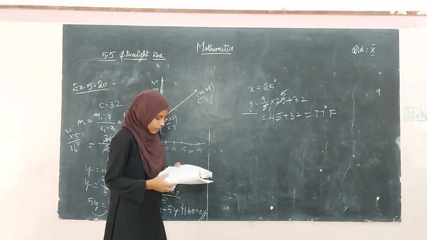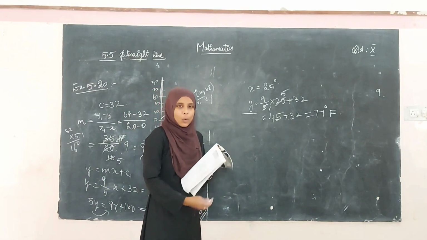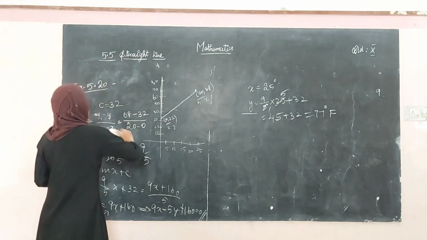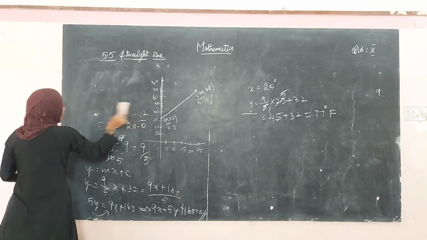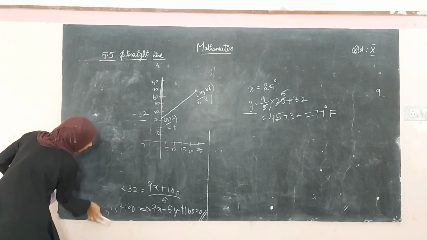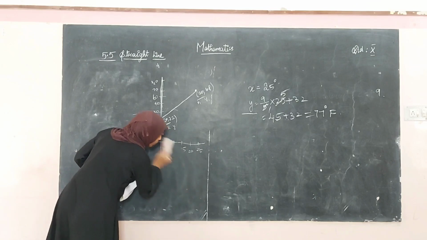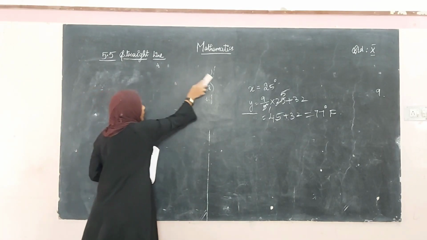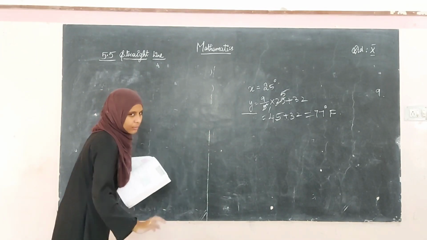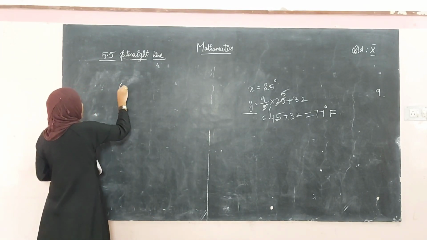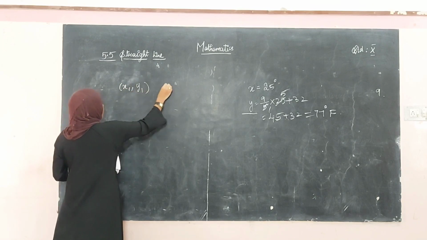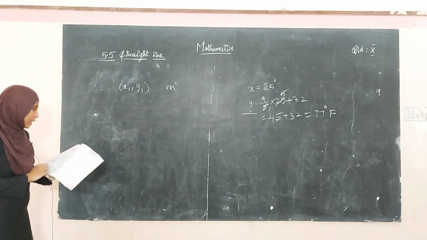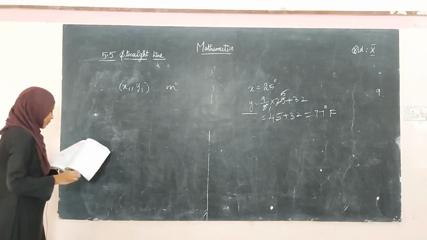Okay, the next thing is point slope form. What did we see now? Slope intercept form. Now we are going to see point slope form. So from the heading itself you will be clear what will be given. They will be giving you a point and a slope. So from that you have to find the equation of the straight line. Point means a point x1, y1, and they will give a slope m. Okay, then how can you find the equation of the straight line?